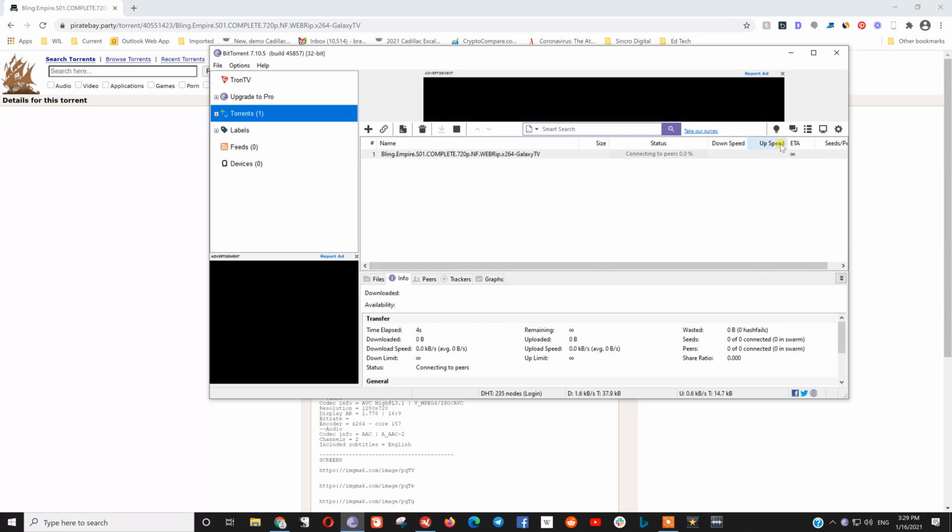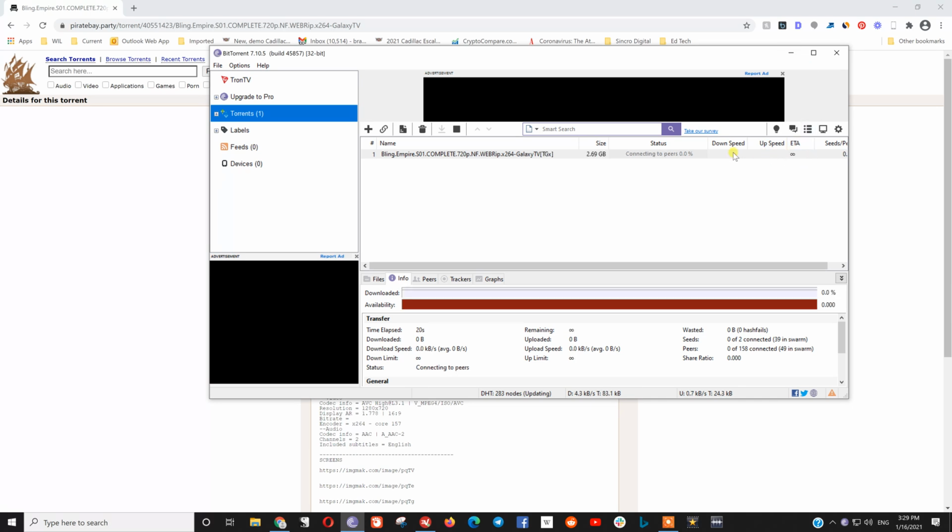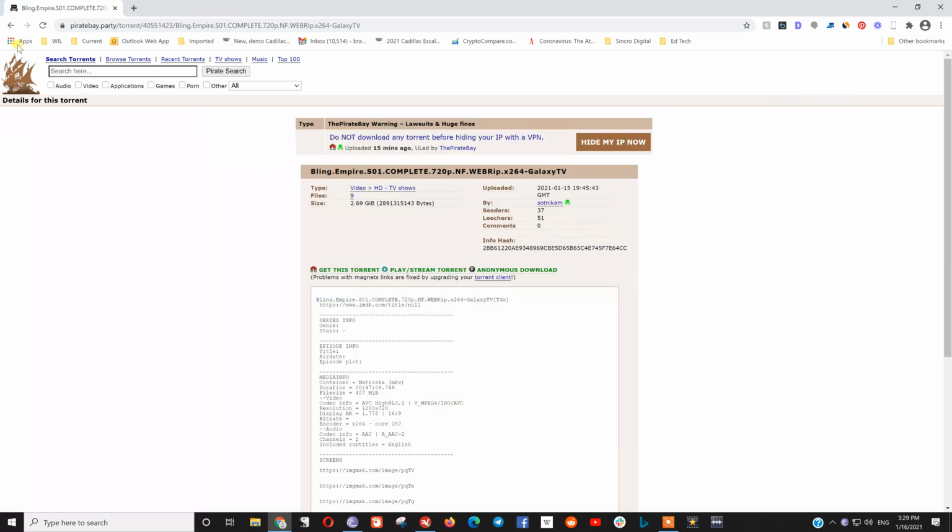For all the peer-to-peer computers out there, they're basically grabbing the bits from all the different computers out there, and eventually it will download. You'll see the speed at which it downloads. Once you have the full download, you can transfer it to whatever you want. So that's the quick and dirty on how to use both a VPN and a torrent tool, leveraging whatever